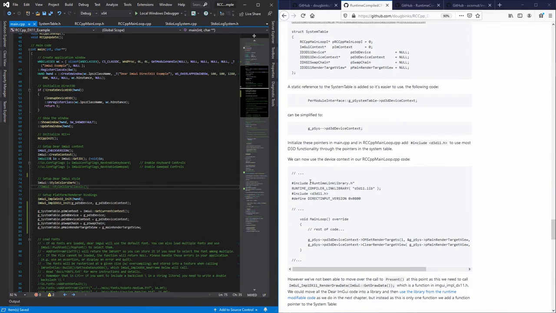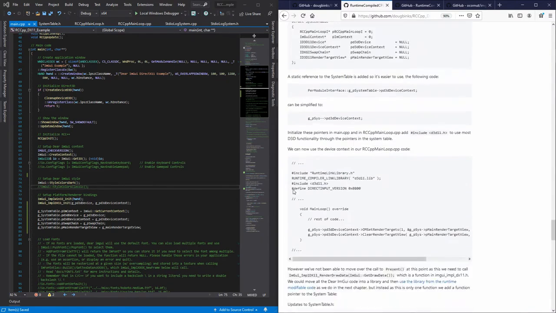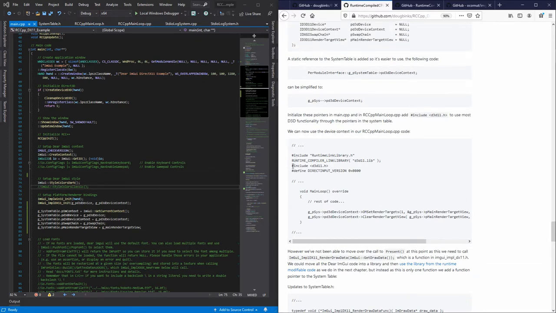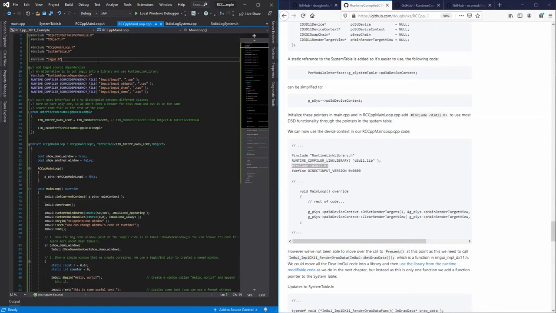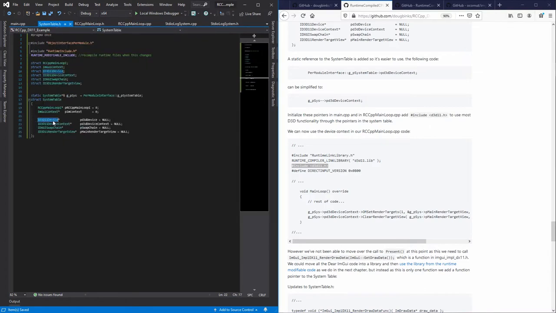Right, once we've done that, we can actually include Direct3D11. But we don't need, in this case, to include the library. So first of all, we can just include D3D11.h into Runtime Compiled C++. So I'm just including the Direct3D11 header file, and then I can just use the code as is without including the library. And that's because the D3D devices that we use in the system table, these are all defined as